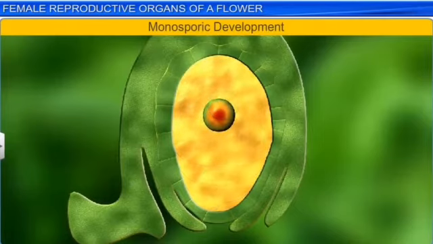Here we can observe very well the monosporic development, where only one is functional and the other 3 get degenerated. And this functional nucleus of the megaspore ultimately undergoes mitosis and produces 2 nuclei,